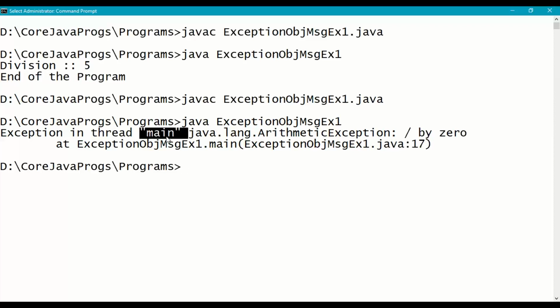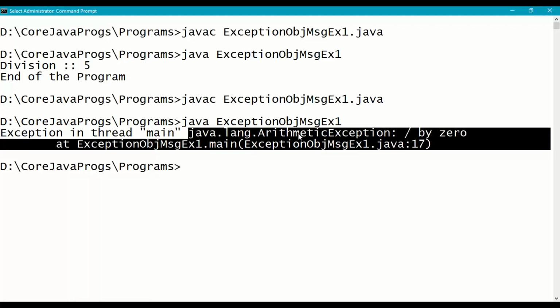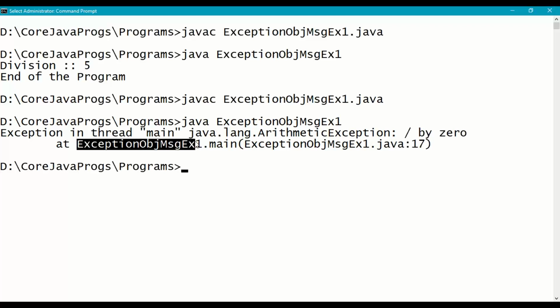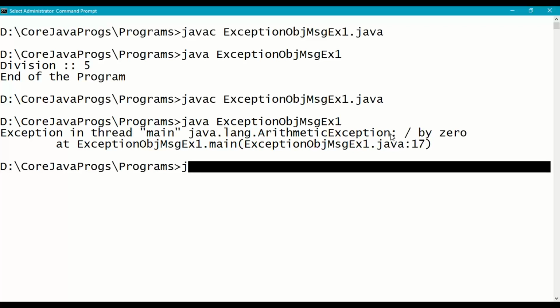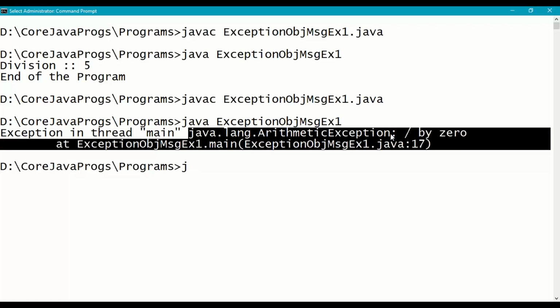Exception in thread main, arithmetic exception, division by 0, line 17, main method, ExceptionObjectMessageExample1 class, ExceptionObjectMessageExample1.java program. So exception type, arithmetic exception. Exception message here is division by 0, and then this is exception state.